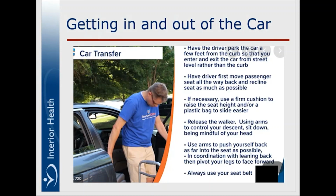A plastic bag on the seat is another patient tip. They've said if you've got a grocery bag or any kind of plastic bag on the seat, that can be quite helpful to help you slide back and in. But also move the seat back, recline the seat back a little bit, so that when you get in you can lean your body back when you need to pick your knees up to clear the door frame. You don't want to be wedging that hip uncomfortably